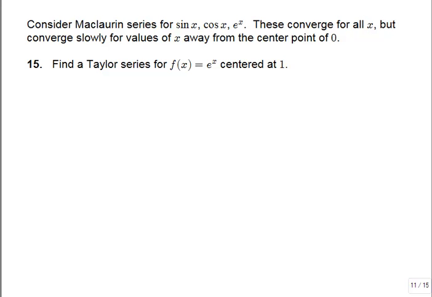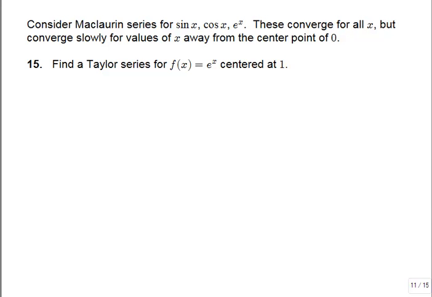All right, next example. Now consider the Maclaurin series for sine of x, cosine of x, and e to the x. These converge for all x's, but they converge slowly for values of x away from the center point of 0. So let's talk about how to find a Taylor series for f of x equals e to the x centered at 1. So what we're going to have to do here is recreate our series using that process for